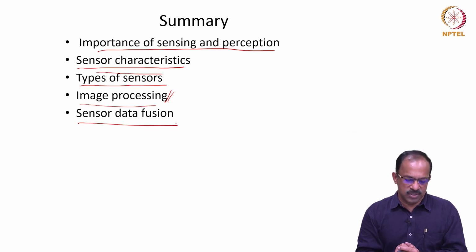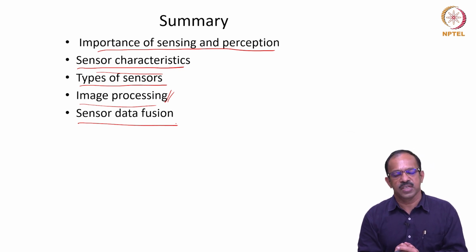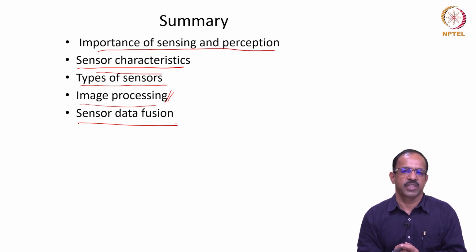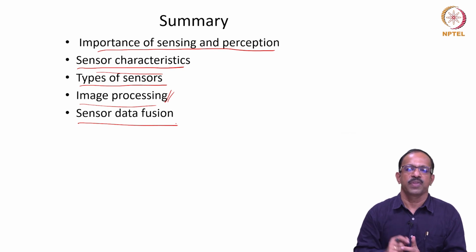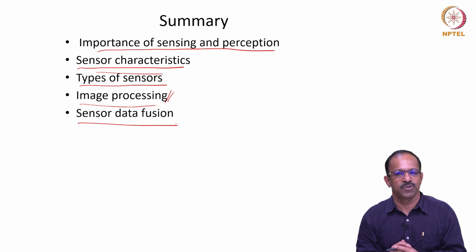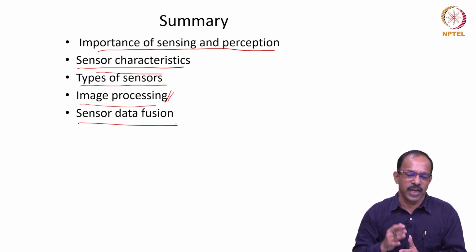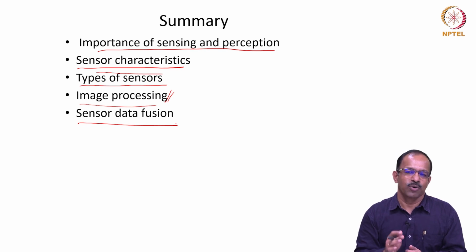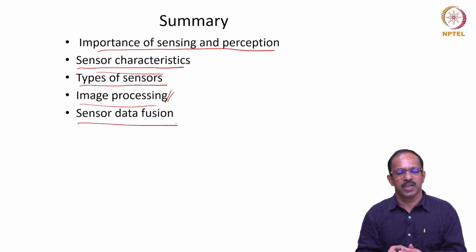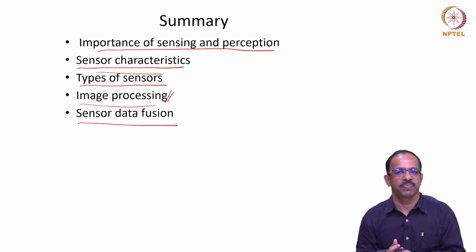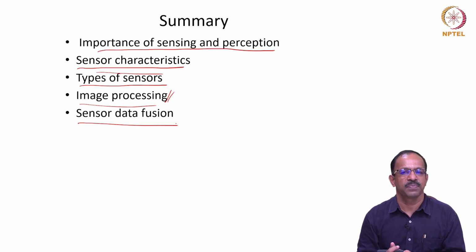Okay, so with this, I'll conclude the discussion on sensors. From next lecture onwards, we'll talk about mobile robot localization, especially for autonomous robots. How do we do the localization, and then how can we use the sensor fusion to improve the accuracy of localization. Similarly, how to use the localization and mapping in order to create a map for robots. So that will be the discussion in the next few classes.